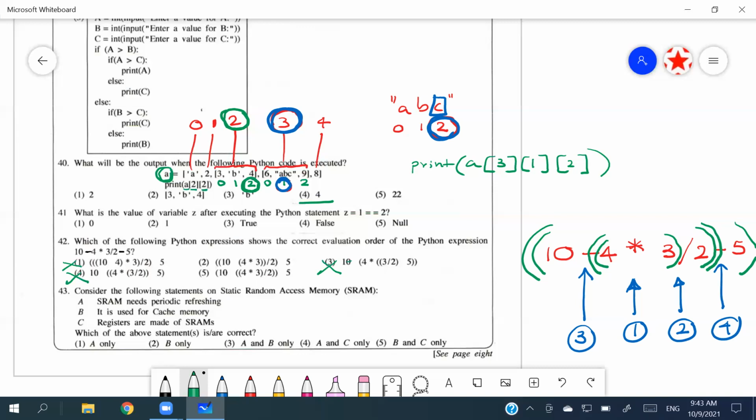What's the difference between the second and the fourth? Hold on. 4 into 3 happens first. It's deceiving. In the second answer, it says 4 into 3 happened first. Then the 10 minus thing is going to happen next. Look carefully. First there are these two brackets, and after that these two brackets. So that is not a correct one. For that reason, the fifth one is going to be the answer. Is it the fifth one? The answer.